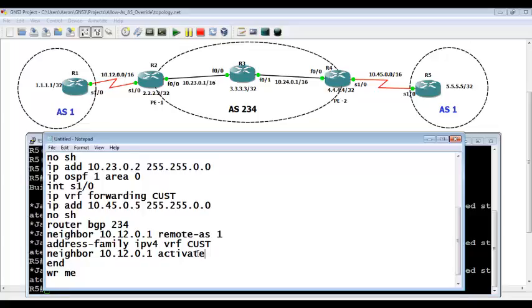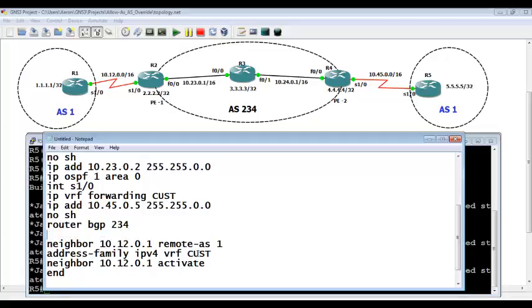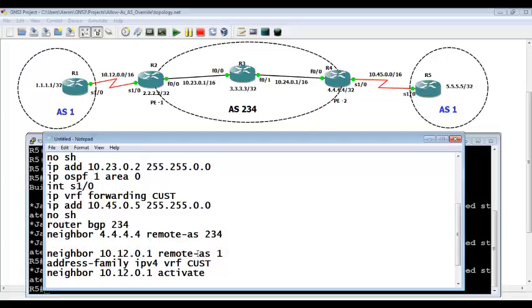For iBGP, I have a neighbor which is 4.4.4.4. I am doing iBGP with router 4 for MPLS VPN. So I'll say remote AS is 234,